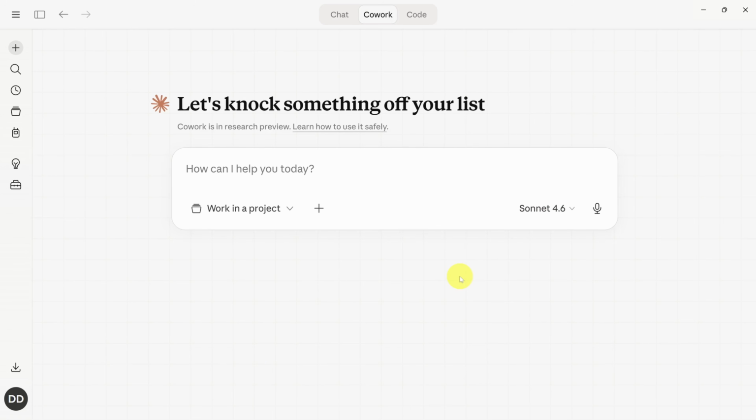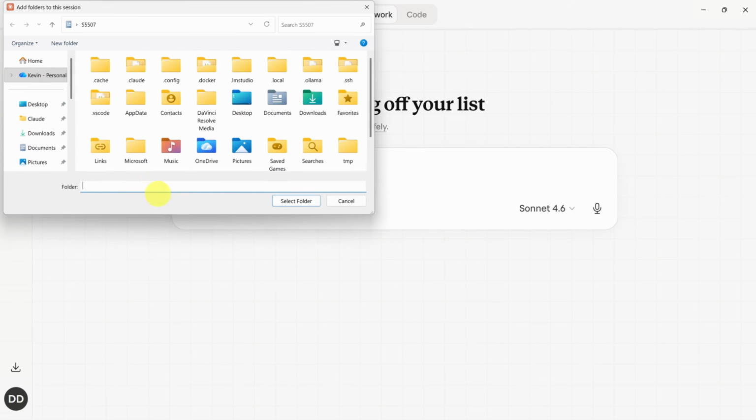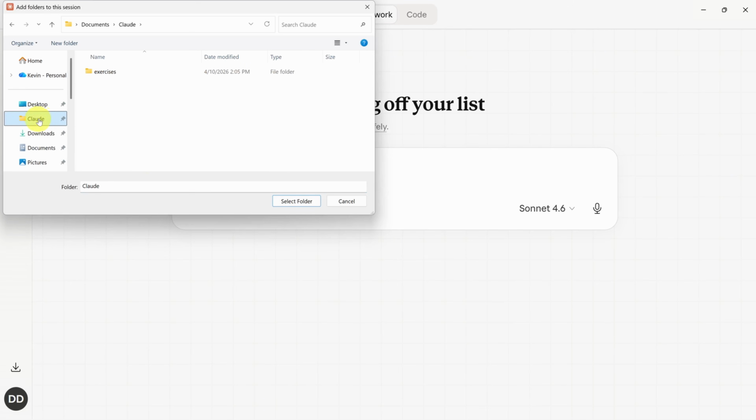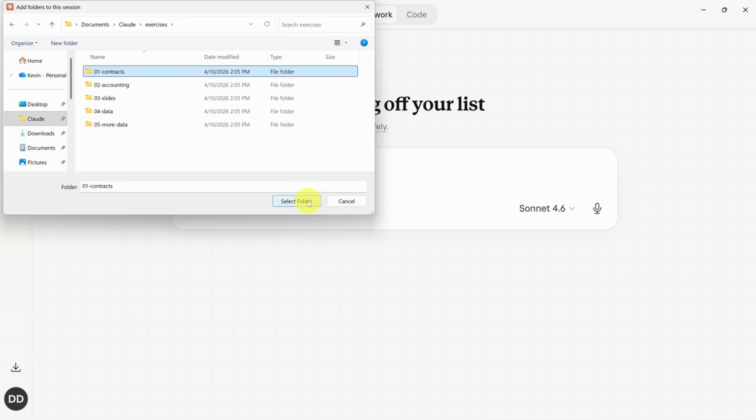Now, here's what's different from chat. Every conversation has access to 1 or more folders on your computer. You choose those folders at the beginning of every conversation by clicking this button. For this tutorial, I've created a set of sample files which you can access from the resource guide in the description. We'll walk through each of these exercises today, and I'll start by pointing Cowork at this first folder, 01